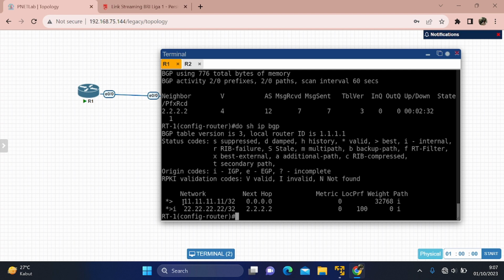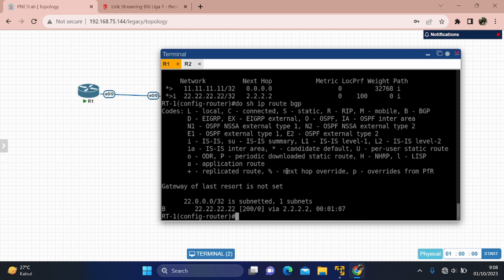Here the networks 11 and 22 are added in the routing table, and then we check the routing table. Do show ip route bgp. Now the network 22 has been added, B is BGP. We add it to BGP.